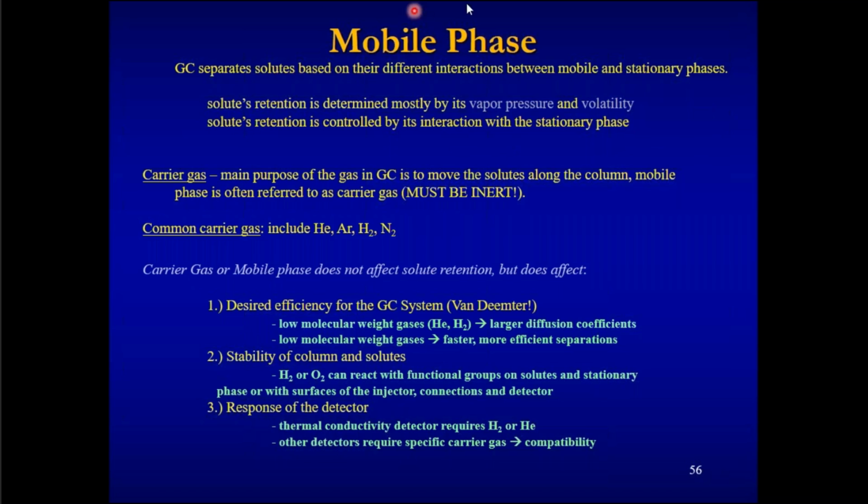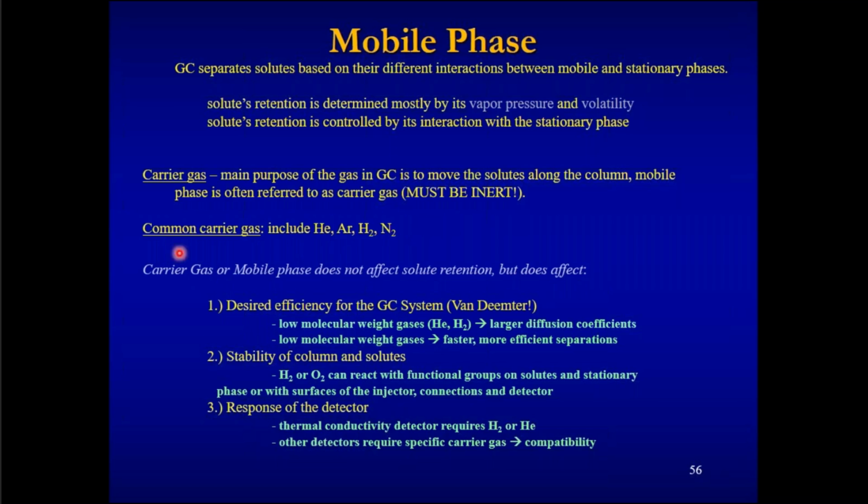Now, the carrier gas, which is the mobile phase. The main purpose of the carrier gas in GC is to move the solutes along the column. Mobile phase is often referred to as carrier gas. It must be inert. These are things we have already seen under carrier gases. Common carrier gases include helium, argon, hydrogen, nitrogen. Carrier gas or mobile phase does not affect solute retention, but does affect